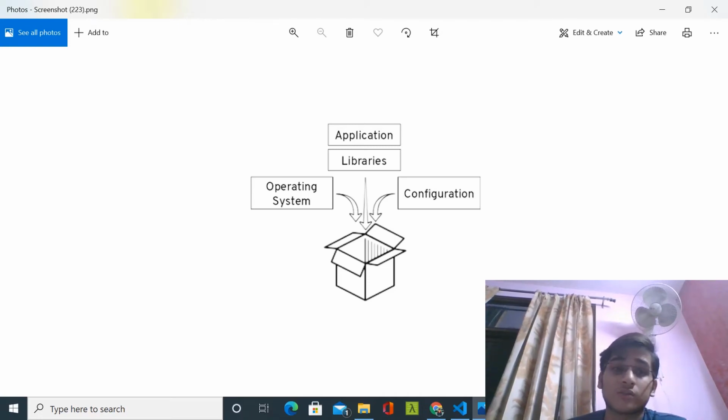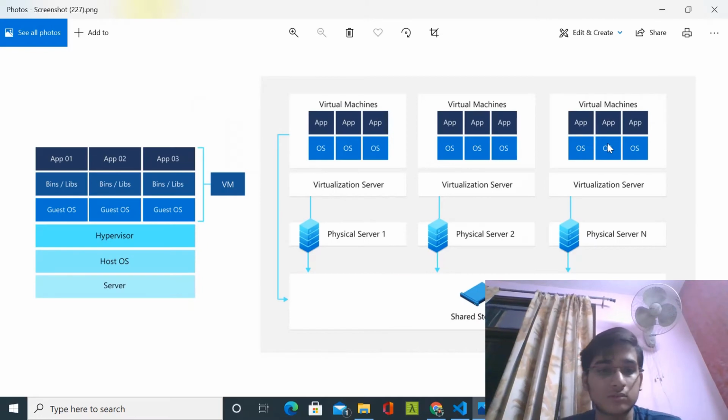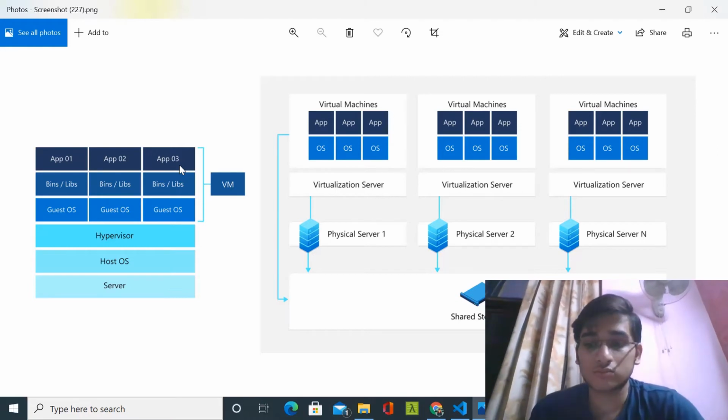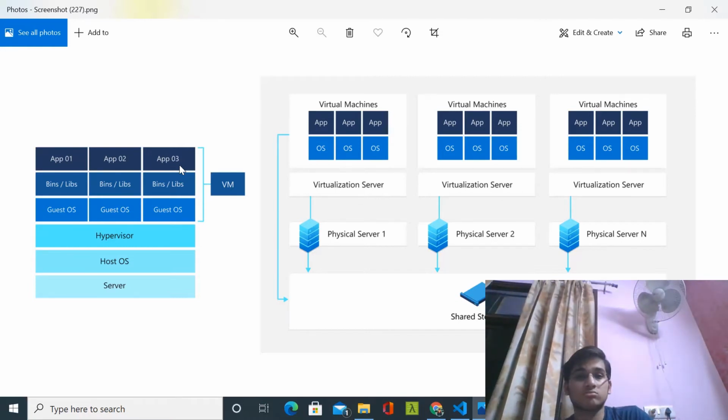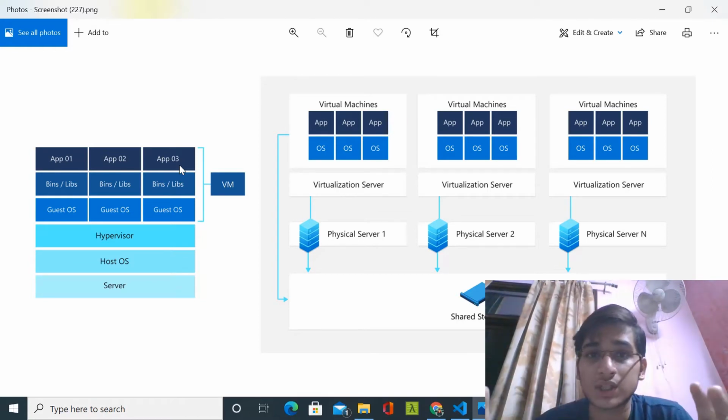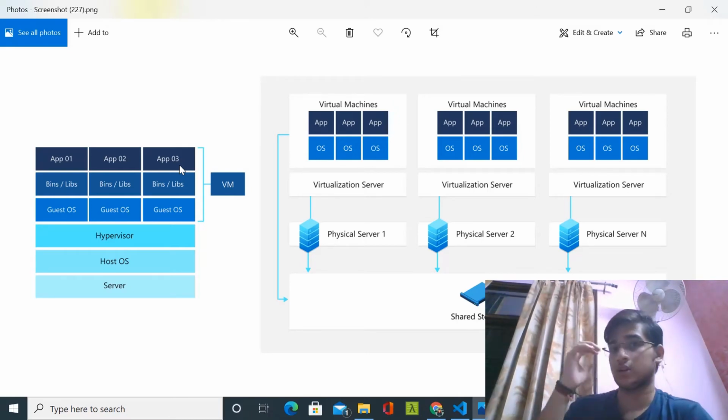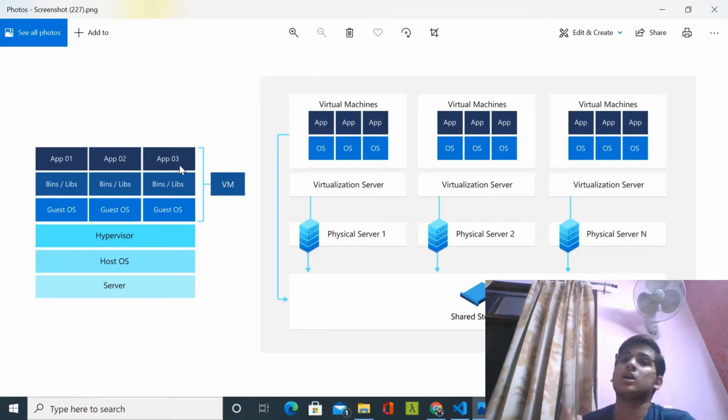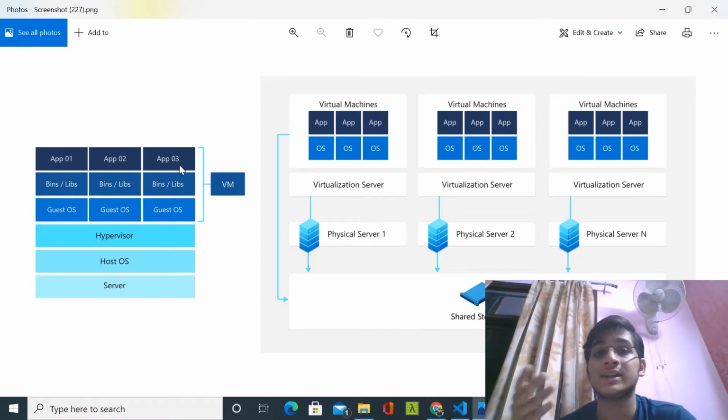So what are virtual machines? This is a very popular question. You can imagine a virtual machine as a computer running on top of your computer, a computer which has its own operating system and its own hardware resources.